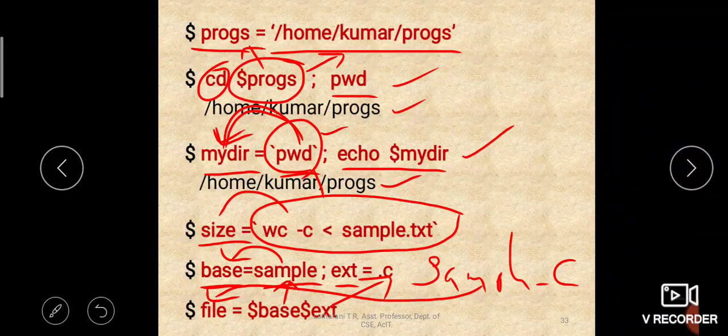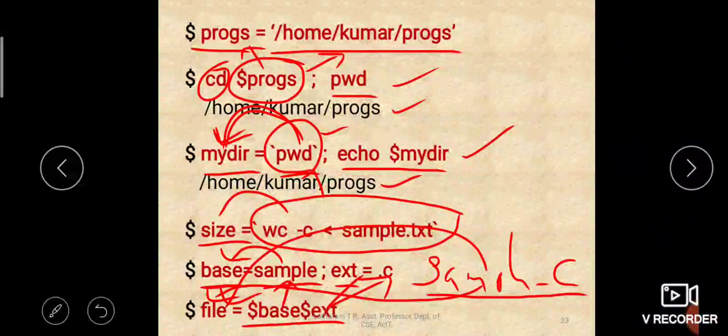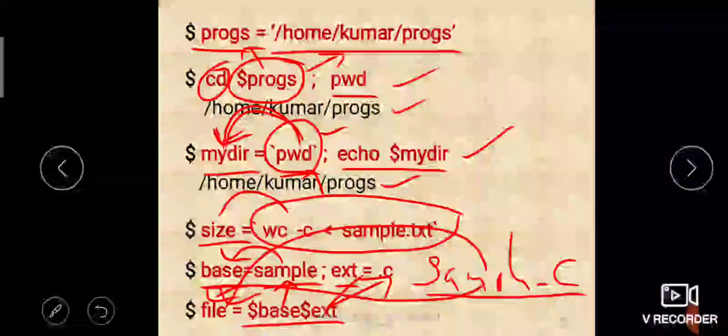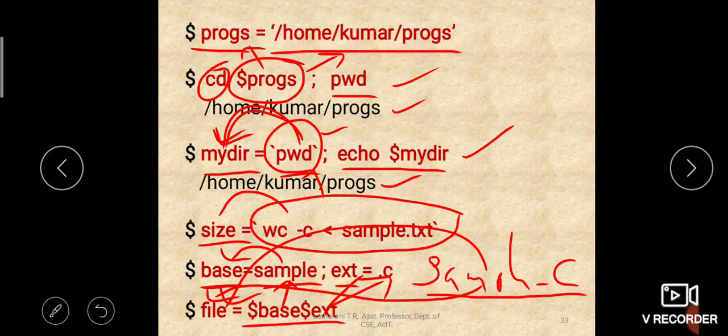The value of the base variable is sample, the value of the ext variable is .c. Both will be combined together in this case, $base$ext, which will form a file name called sample.c, stored in a variable called file. Okay, so now what does file contain? File contains sample.c. If you say echo $file, it will display sample.c.